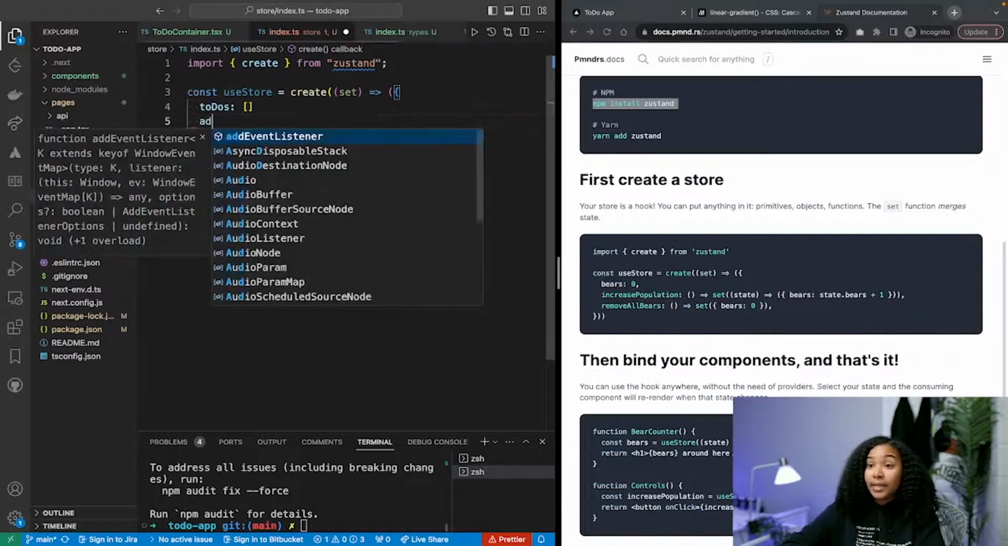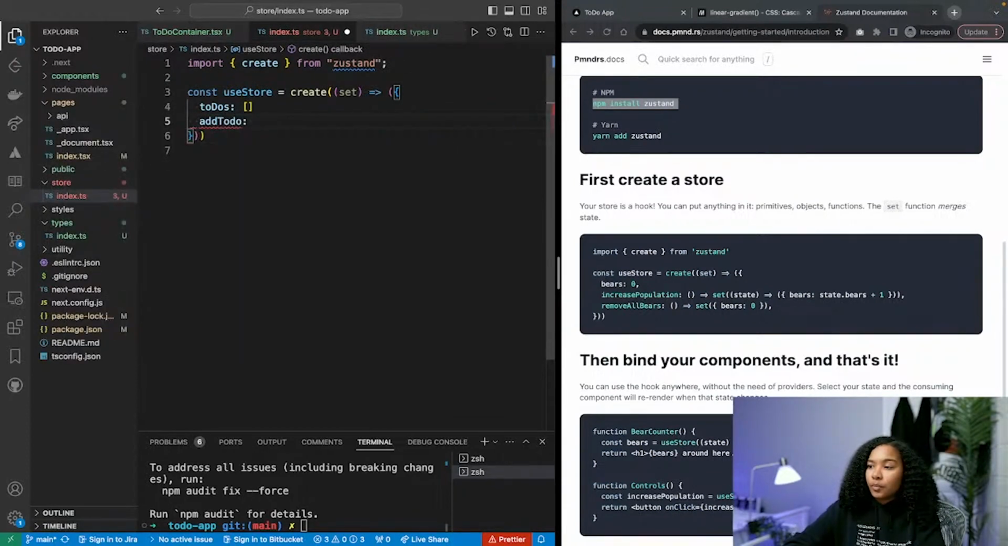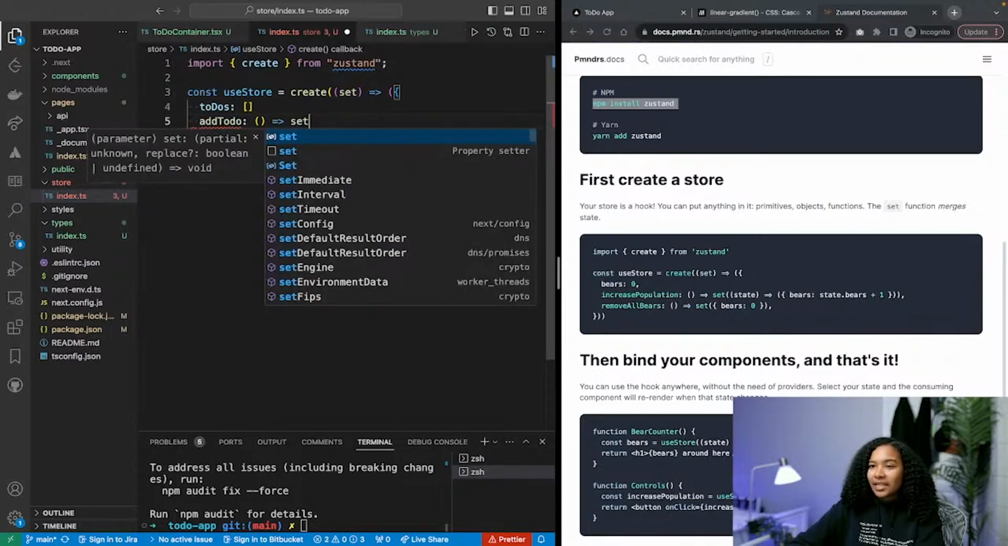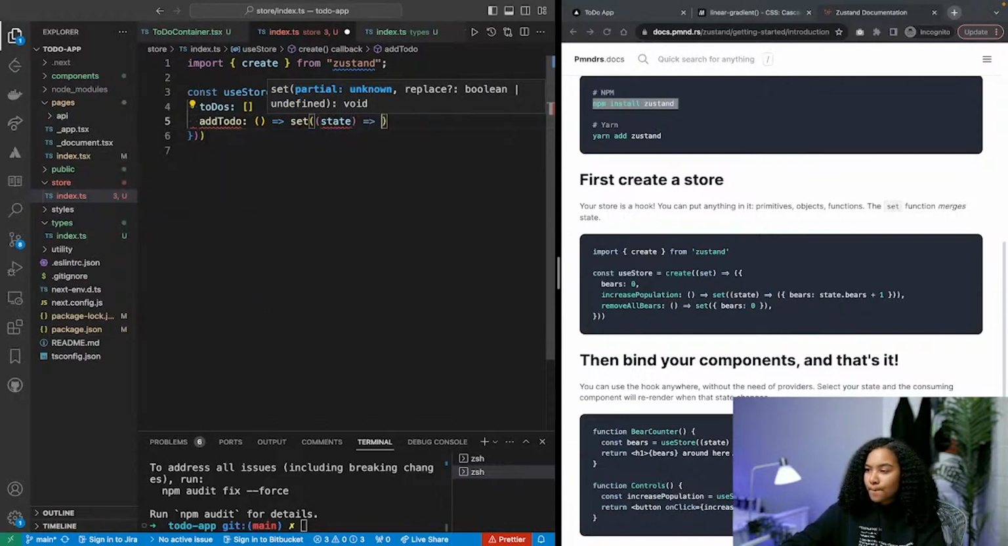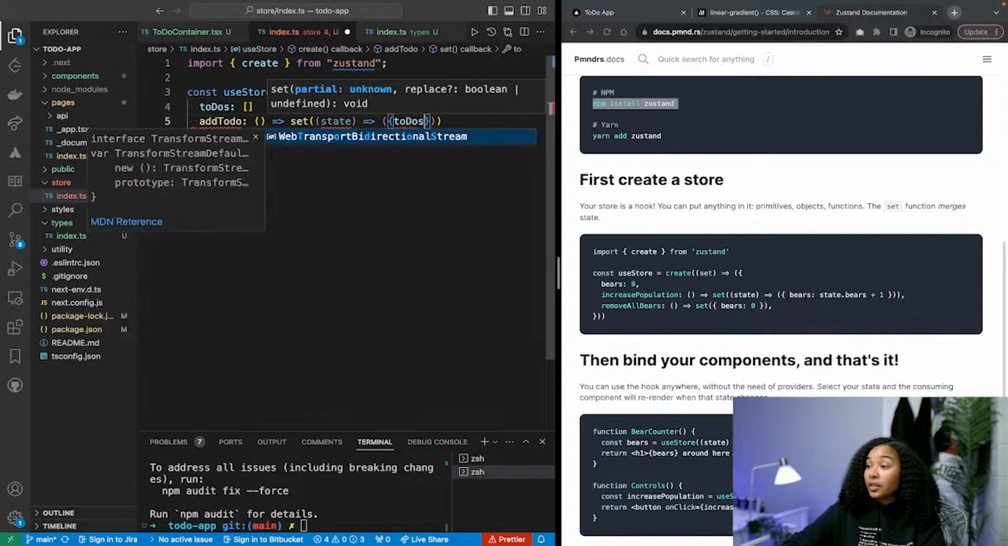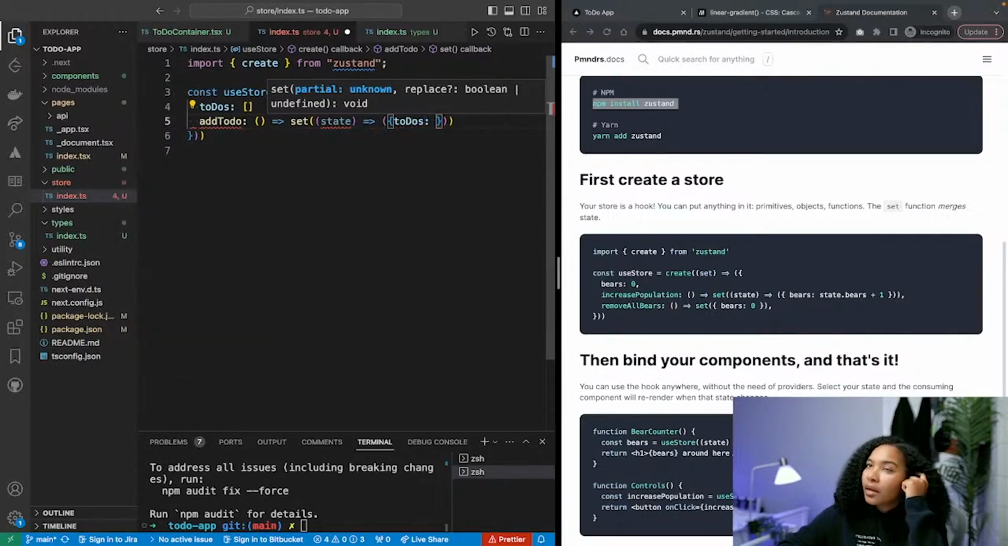And then we want to add a to-do, so that'll be our first action. What we want to do here is create an arrow function, and then using that set, we want to set the state to be, what do we do? Following this, I'm looking on the right here at the Zustand documentation. We're accessing to-dos, we're setting to-dos to be whatever is currently in the array of to-dos plus whatever the new to-do is. So we want to set the state to be